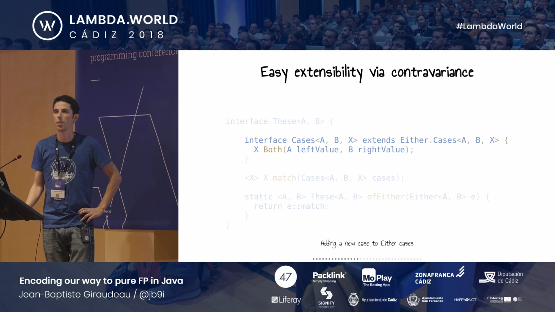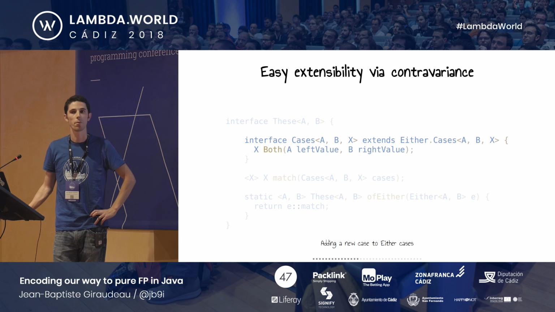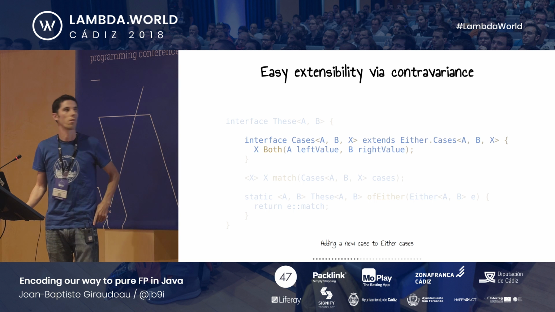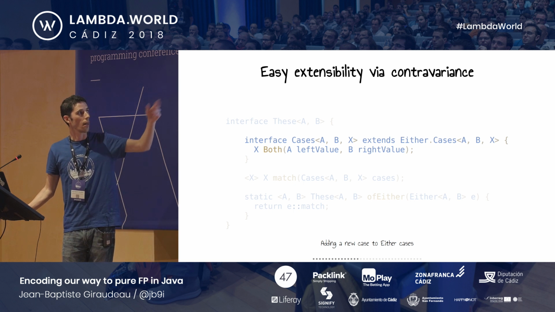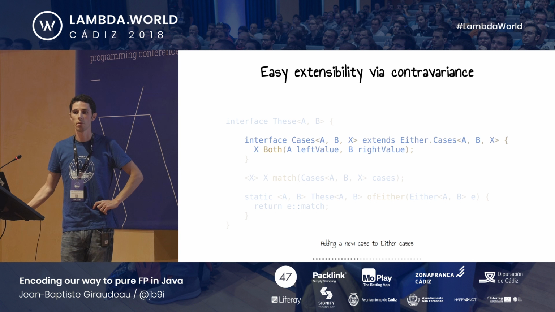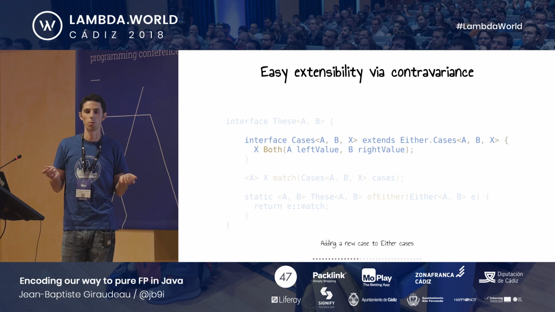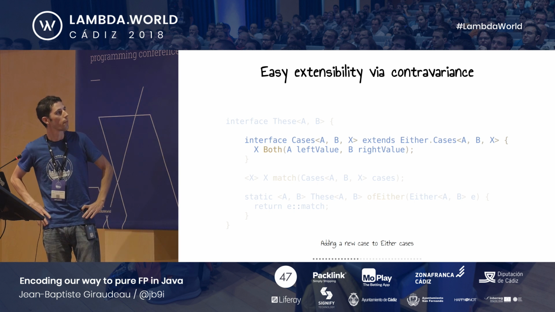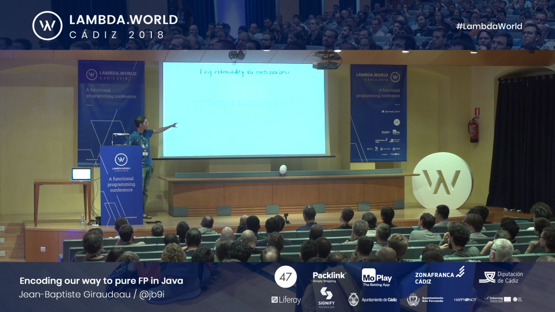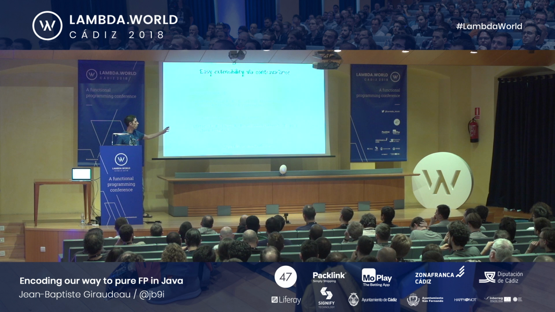What is nice about the internal visitor style is that you can easily extend it. So here is the Both type that extends either with a new case. So you have either right, either left, or you can have both values with Both. And for that, you just extend the either cases interface and add the new case. What is very nice with this encoding is that you can transform an either value into a Both value just by using